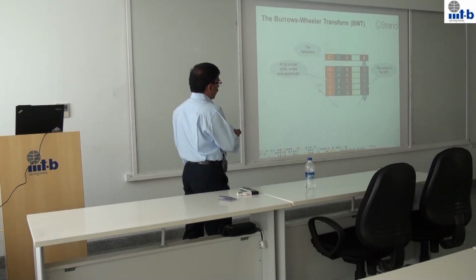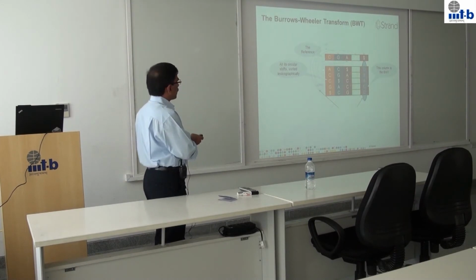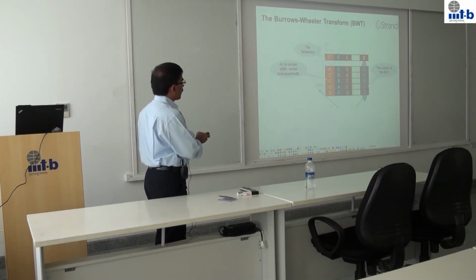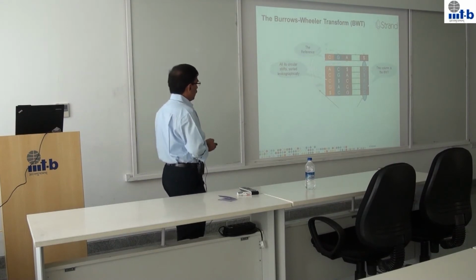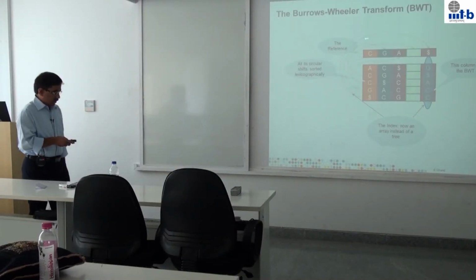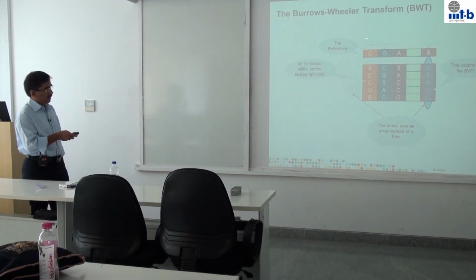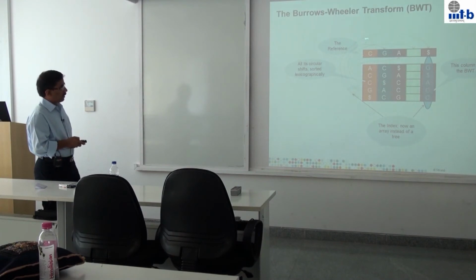As you see here, all these circular shifts are also linked to their locations in the original sequence. This AC substring is present at this location, so it goes here. Likewise, for every substring that is present here, we have a pointer to the original sequence. These form the index now. We can search for a string based on this, and you see that this is a linear array rather than a tree, which we had in the earlier case. So this makes things a bit different.